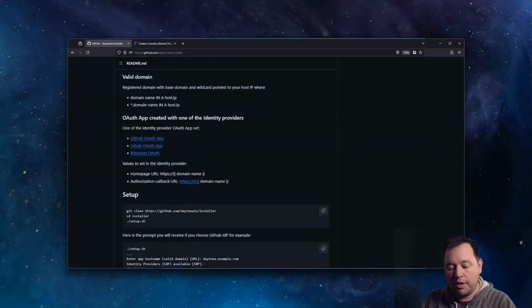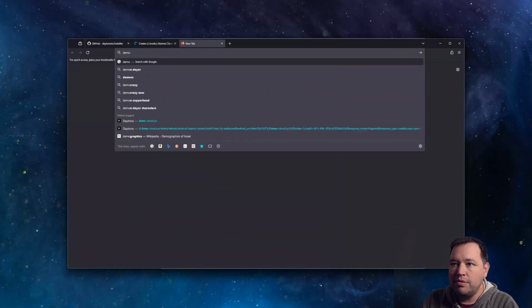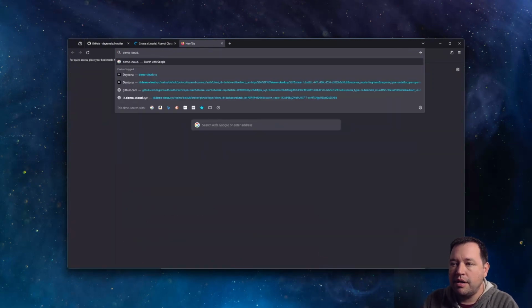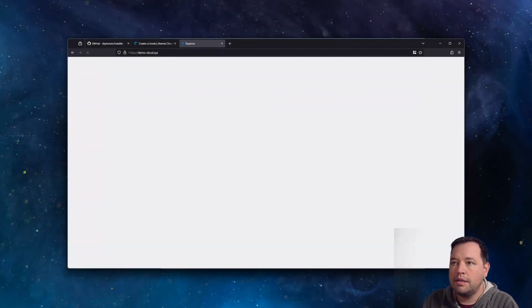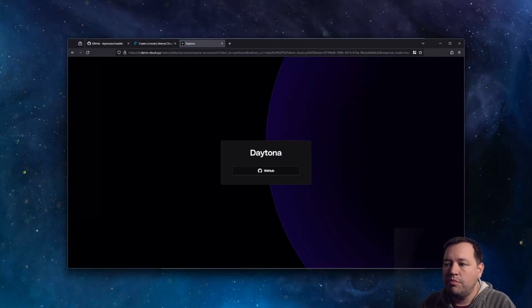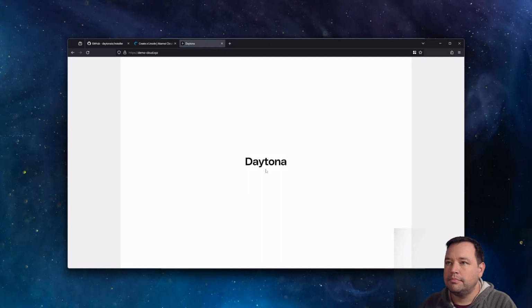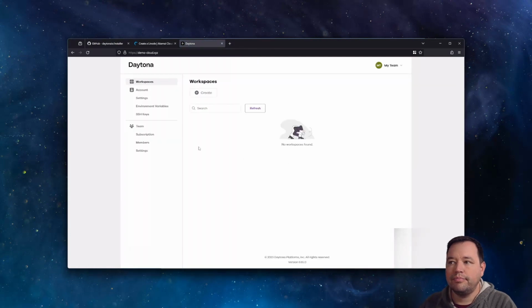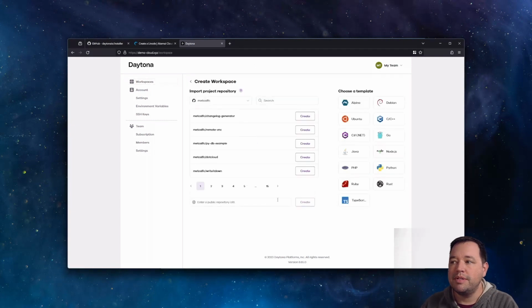We're going to go to the browser. We're going to go back to demo-cloud.xyz. We're going to log in with GitHub. And now we've got Daytona. A couple different things you could do now. A couple different ways to start workspaces. You could go ahead and create one. We've got some templates, but the one I'm going to use